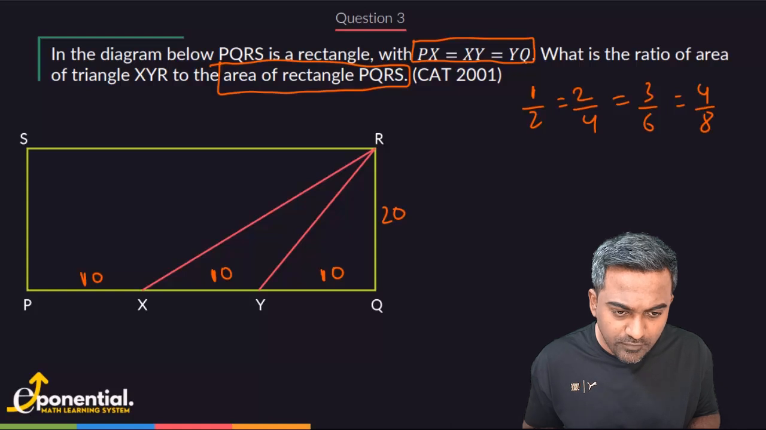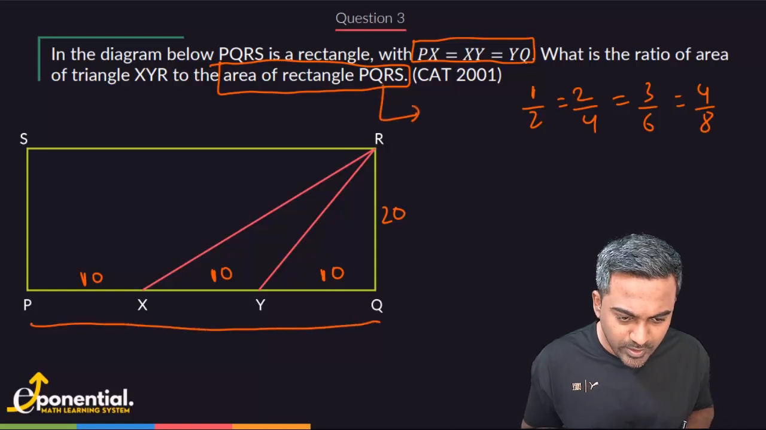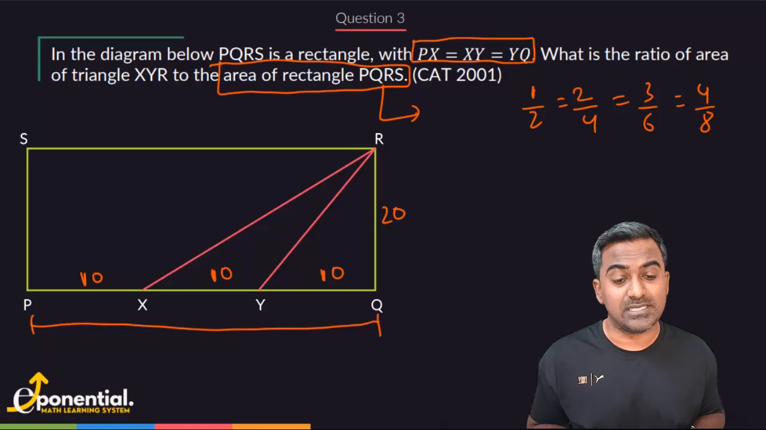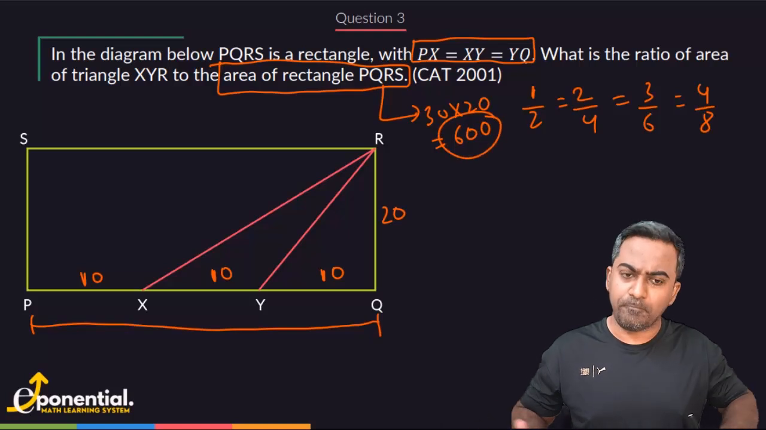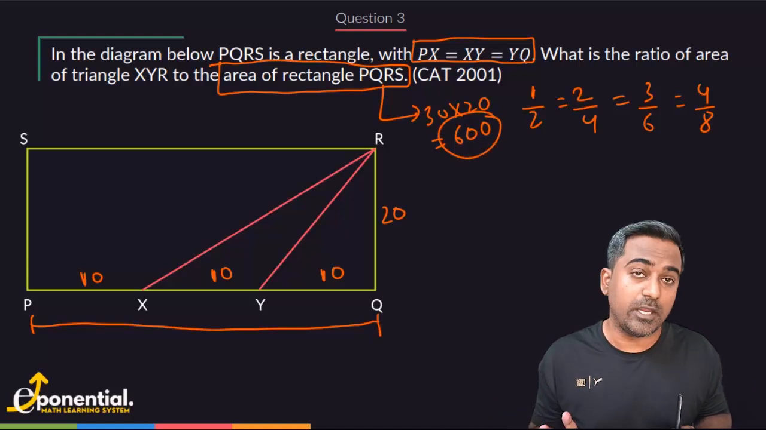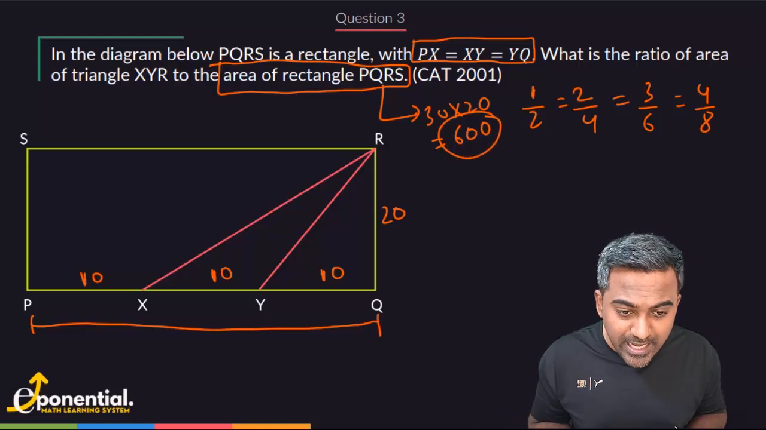So the area of the rectangle is going to be what? Now all these added up, the complete length is going to be how much? 10 plus 10 plus 10. So that's going to be 30. So that's going to be 30 times 20. So that's 600. So half the job is done. Okay, I know the area of the rectangle PQRS. Now I just got to figure out the area of